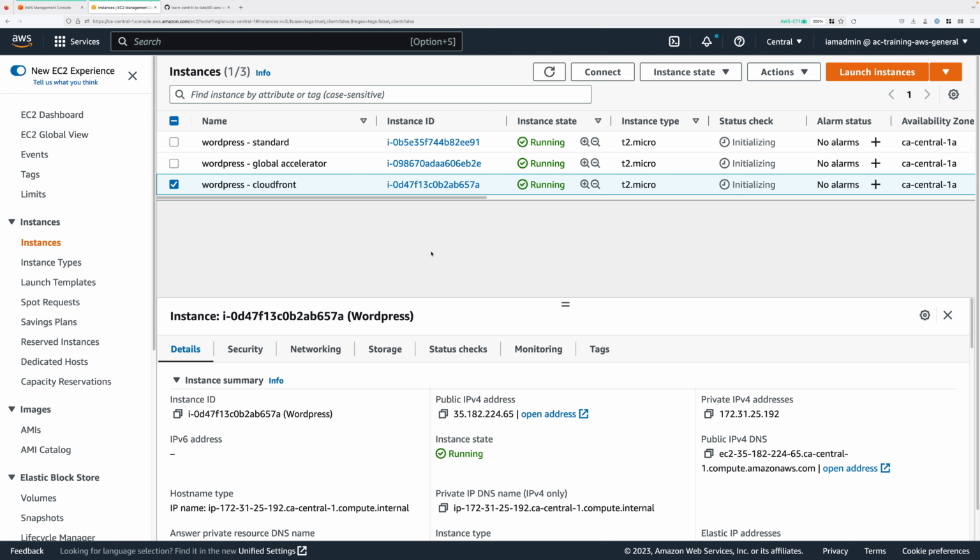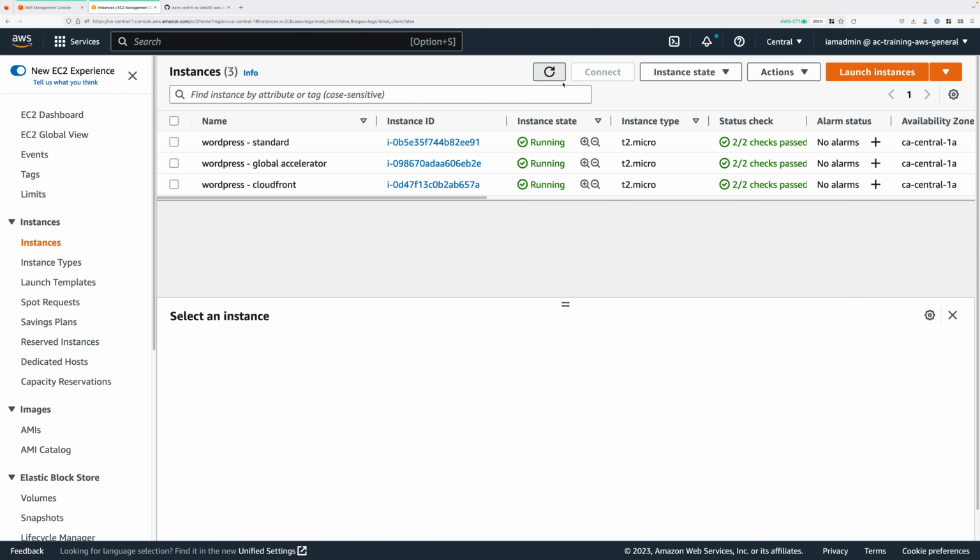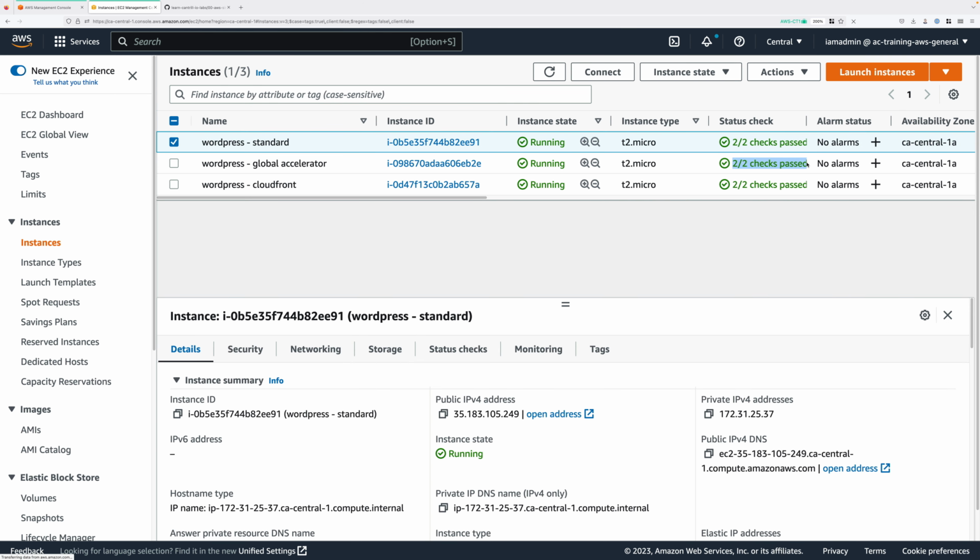Now at this point, go ahead and wait again until the status check changes from initializing to 2 out of 2 status checks on all the instances. So pause the video and wait for that to occur, and then you're good to continue. Once you have 2 out of 2 checks passed on all 3 instances, then go ahead and pick